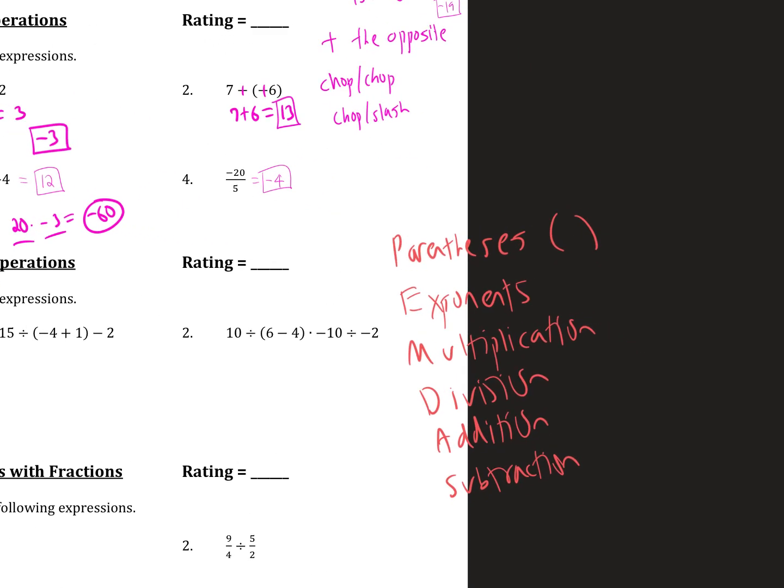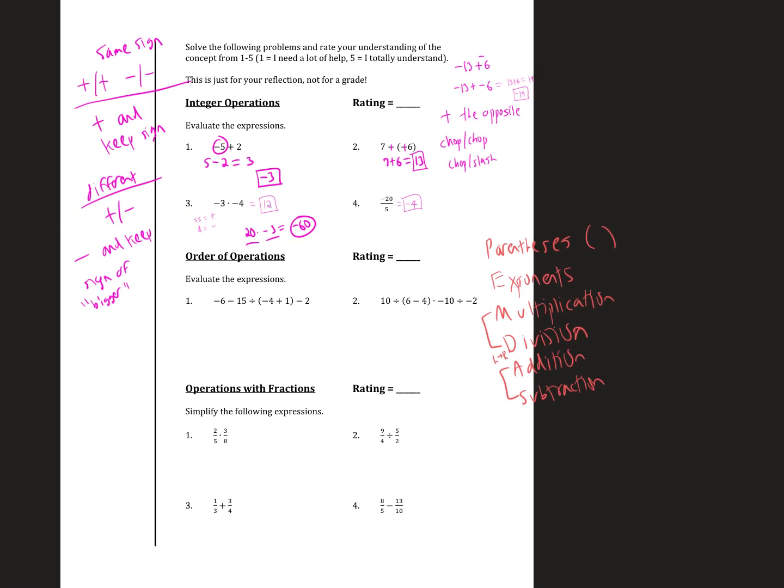Okay. So what we need to be careful about is a couple of things. With multiplication, division, and addition, subtraction, we need to work what to what? It's going to be left to right for both of these. Left to right. Okay? So we got to work left to right. So even if you had, for example, 10 minus 2 plus 4, because these are equal ranks, subtraction and addition, even though addition comes first in PEMDAS in the acronym, you have to